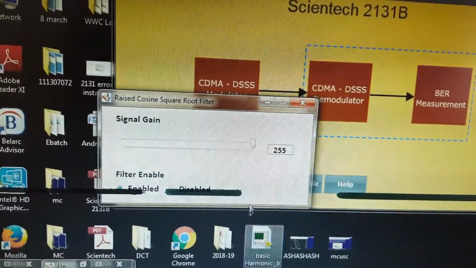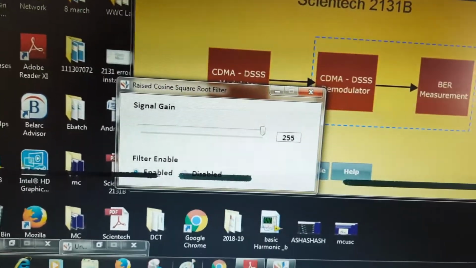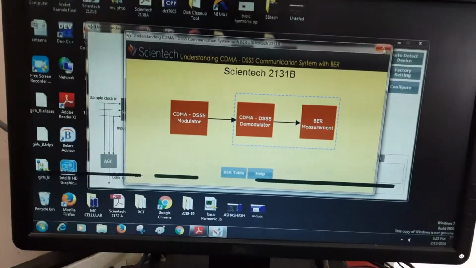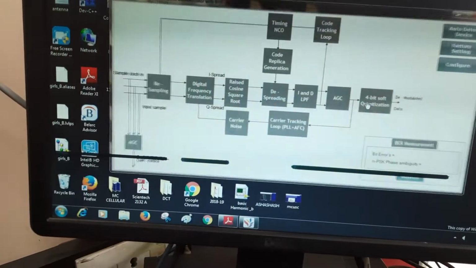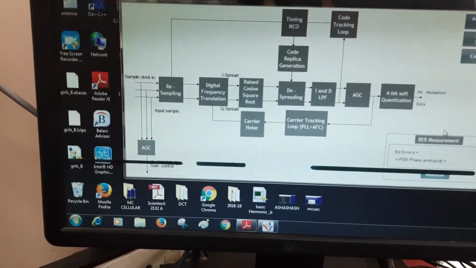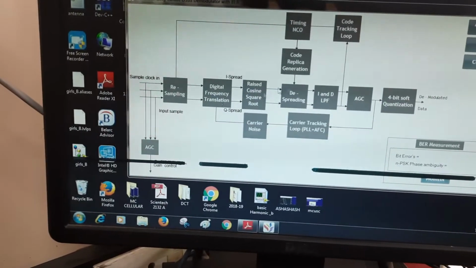For the raised cosine root, we can select the value of the gain, which by default is 255. For BER measurement, we need to click on the BER measurement block. We can set these blocks for BER measurement. Same procedure we have to follow here.